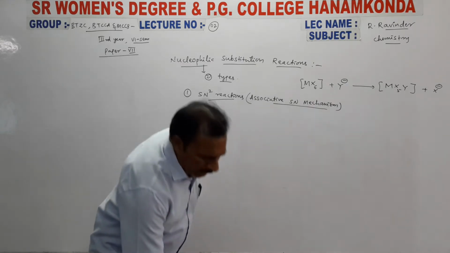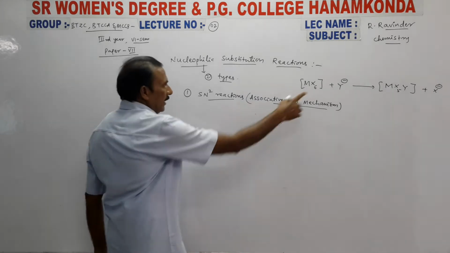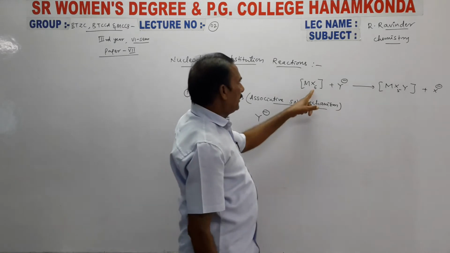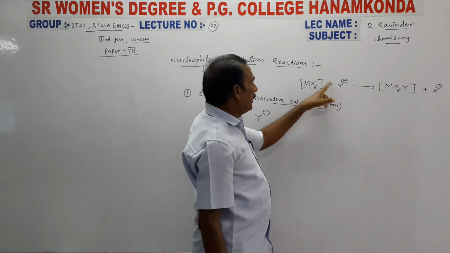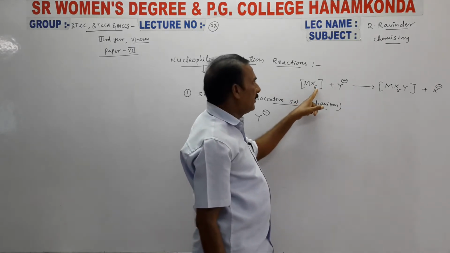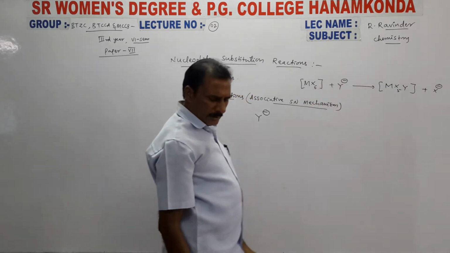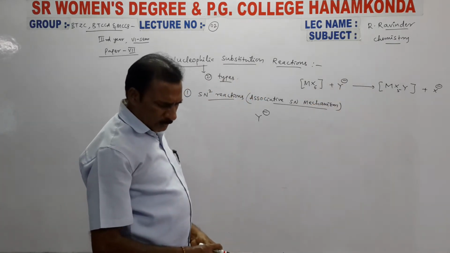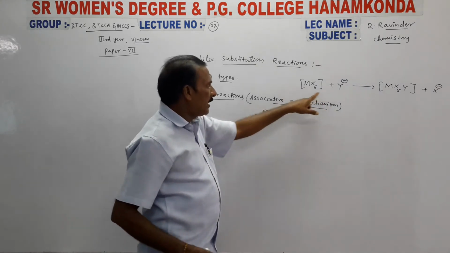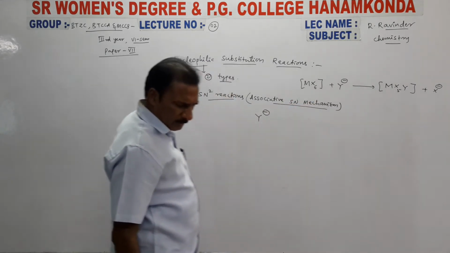In this, a new ligand Y minus is the new ligand. These are X equal to ligands, Y equal to ligands. In MX6 complexes, there is no Y. The addition of the Y means it is a new ligand. A new ligand Y will be added in a slow step. In the slow step, the Y minus is added to an octahedral complex.